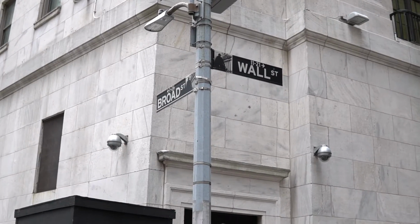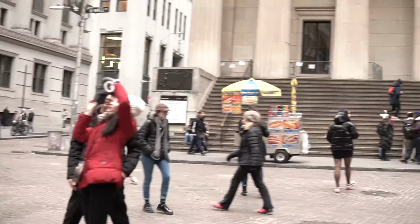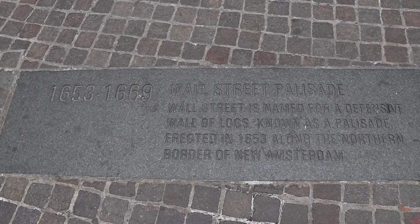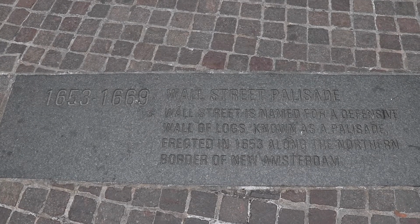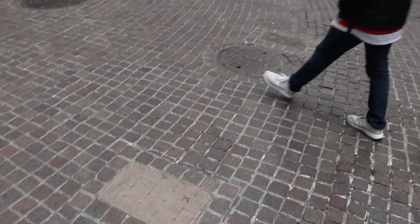Now here we have Wall Street. This is Wall Street, called Wall Street because there actually used to be a wall on it throughout the 1600s. It was protecting the colony of New Amsterdam and then New York. It was torn down in the late 1600s by the British. The wall used to actually run on this street all the way across